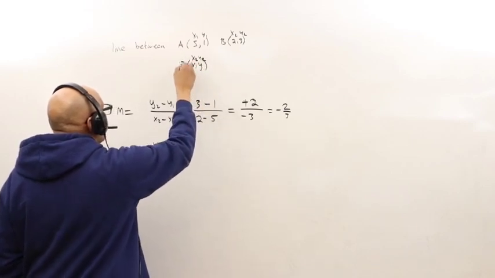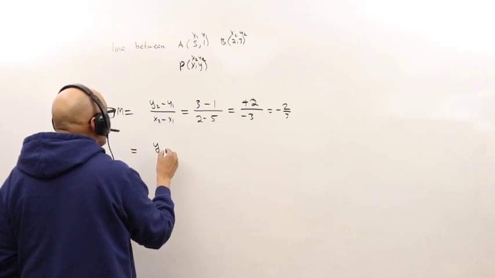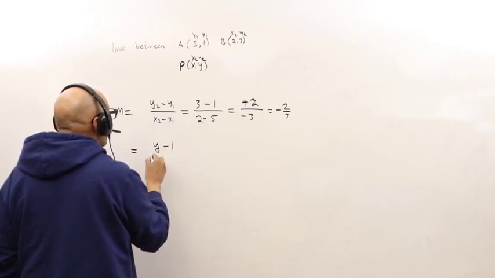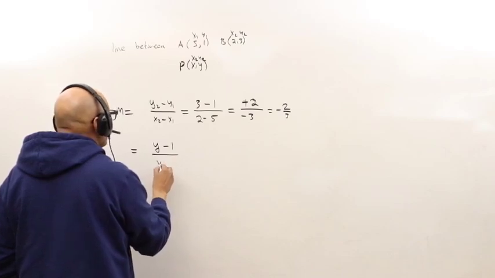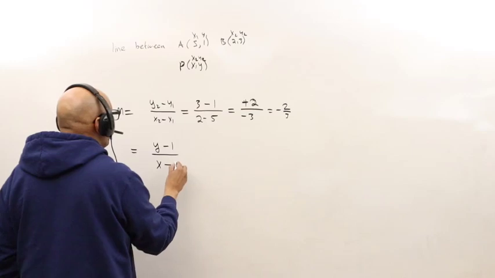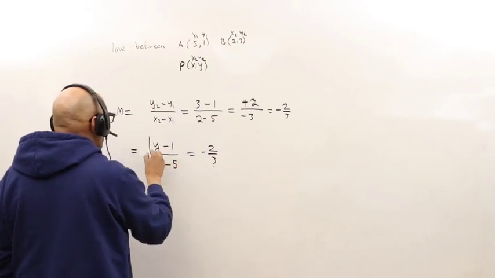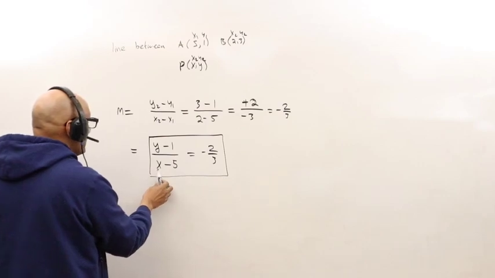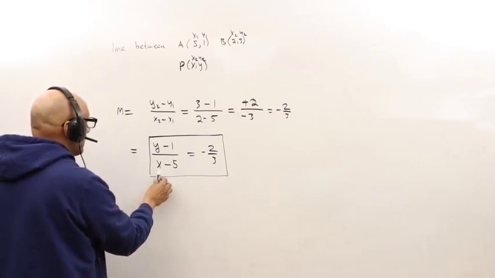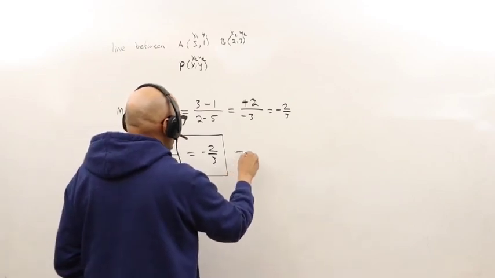So there's a symmetry. y2 is y, minus y1 is 1, over x minus 5, and that is equal to negative 2/3. This is the equation of a line, but it's excluding the point x equals 5. So we can get rid of that restriction by multiplying it out, so you get an equation that looks like